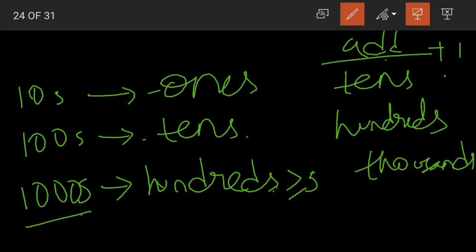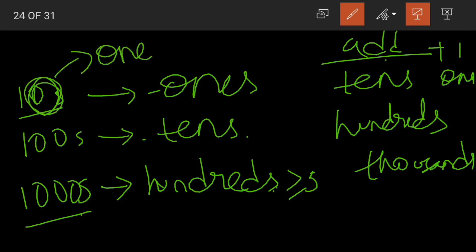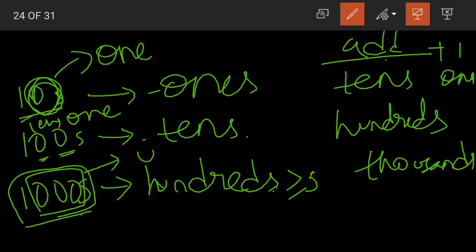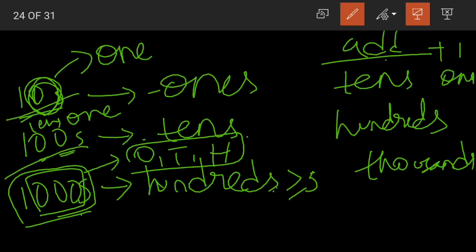Yes, students. So again, where do we place zeros here? We place zeros for tens. See, in tens we have only one 0, so we place 0 in the ones place, and in the number 100 we have zeros in ones and tens place. So even in the given number we replace the digits in tens and ones places with zeros. And coming to the number 1000, we have zeros in 3 places, that is ones, tens and hundreds. So even in the given question, we replace the digits in ones, tens and hundreds place by zeros.